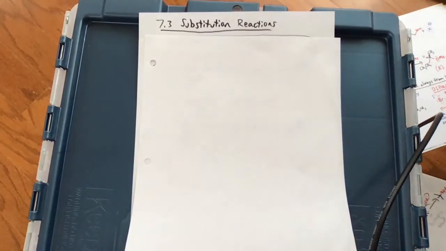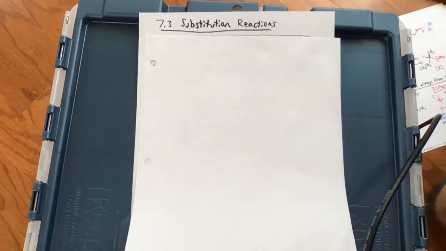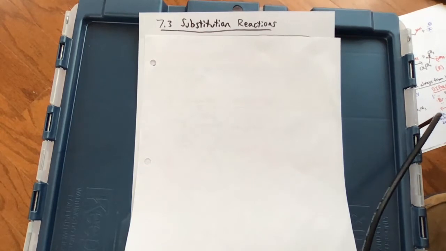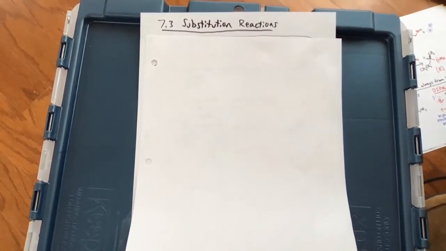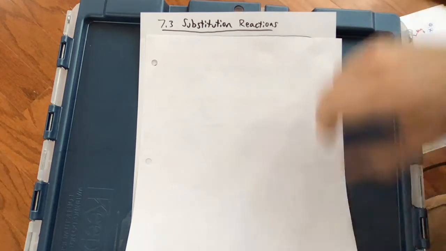Great. So 7.3 is all about substitution reactions. And more specifically, we're going to be talking about one-step substitution reactions. But before we get there, let's give a little history about these things. About 100 years ago, two scientists decided that substitution reactions were something super interesting, and they decided to do a whole range of studies and found that there were two types of reaction or mechanisms that these things could be